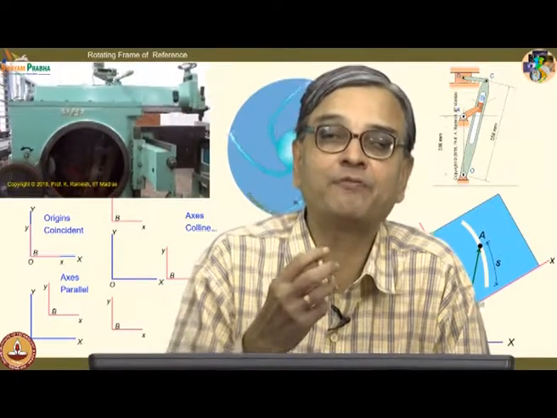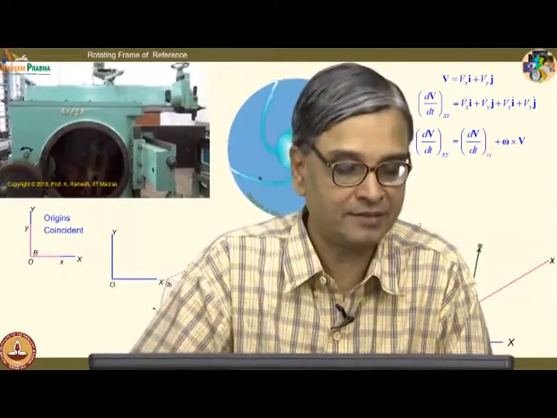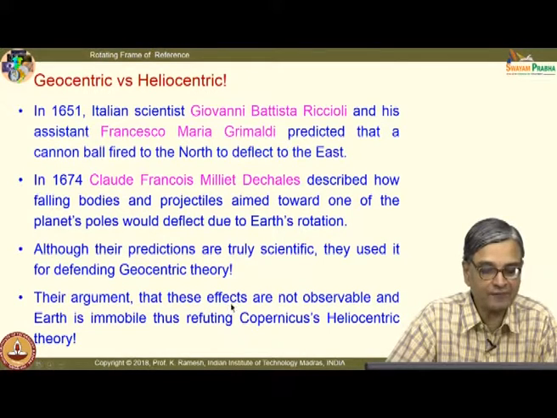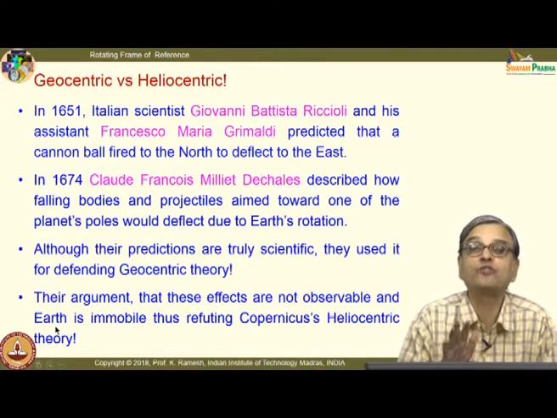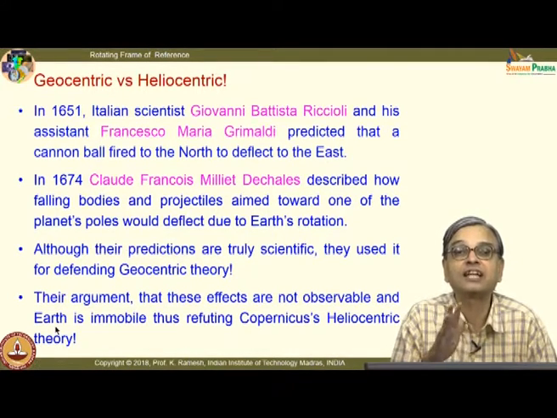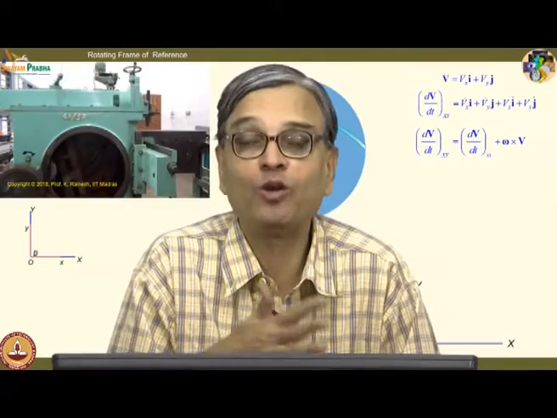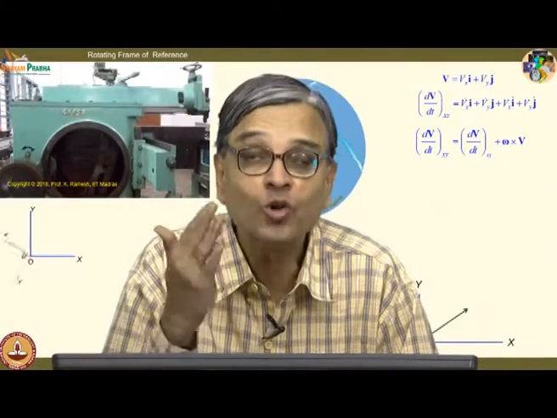And since they were passionately attached to geocentric theory, as there was no proof available from experiments, they argued that these effects are not observable and the earth is immobile, thus refuting Copernicus's heliocentric theory. It may look like folly now, but in those days